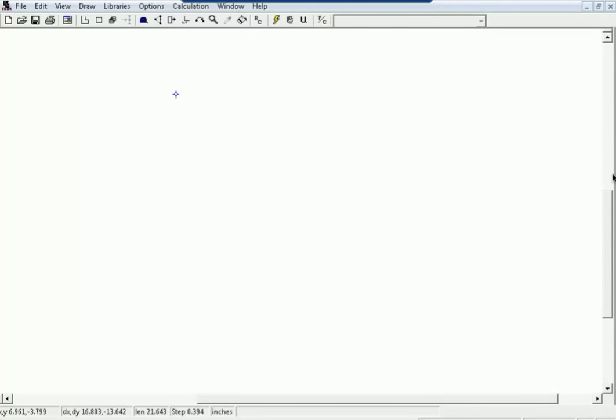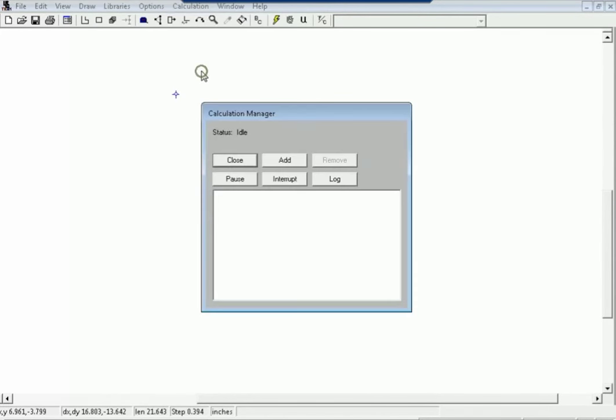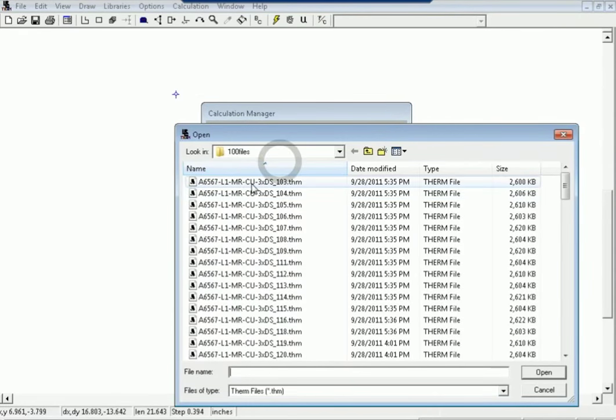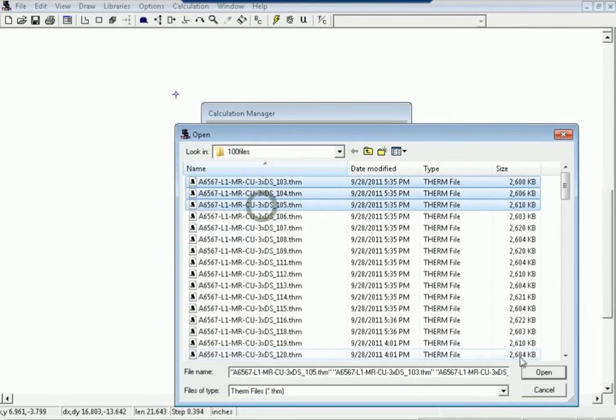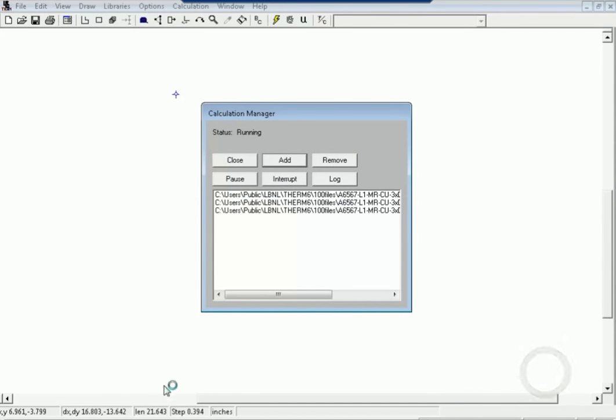I'm now going to show you some features with the multitasking feature in Therm 6.3. The Calc Manager now can make use of multiple cores. So if you have a multi-core computer, like a quad-core or a duo-core, it can calculate faster. So when I use the Calc Manager, normally if I just add a couple of files here, they run one